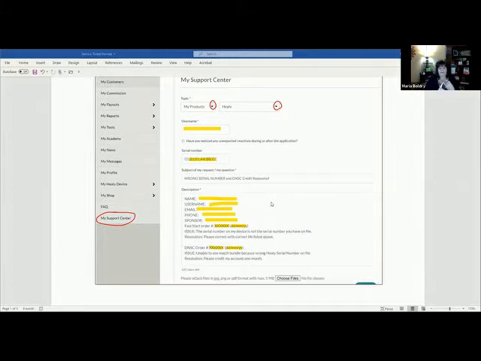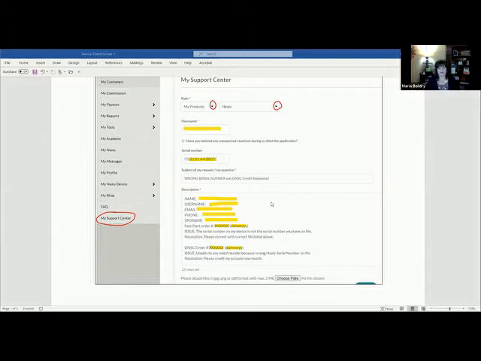They want your name. They want your username. And they want your email and your phone. Now, this is the email associated with Healy, the username associated with Healy, preferably your name that is in your profile. So if you go by Bill, but you're really William, and William is in your profile, put William instead